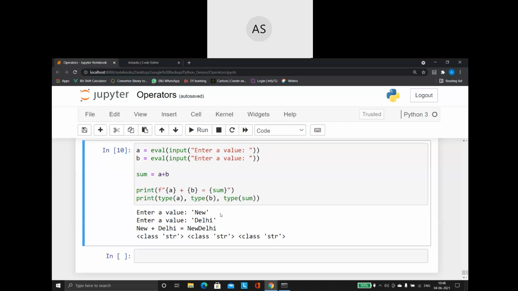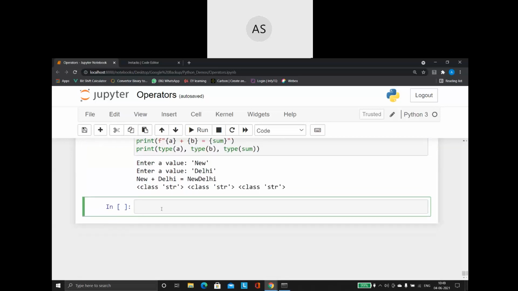One single program is enough to perform all sorts of plus operations. Whichever way you want to use the plus operator, whether you want to add two numbers, floating point numbers, integer numbers, complex numbers, or string values, whatever it is, I can make use of it within one single program. That is the advantage of my eval function, right? So other than this, what are the important points you should know with regards to the eval function?